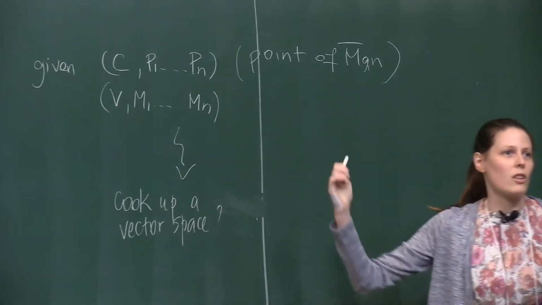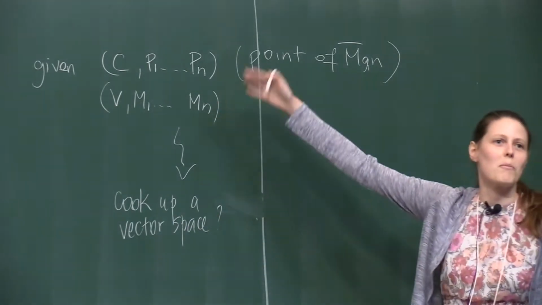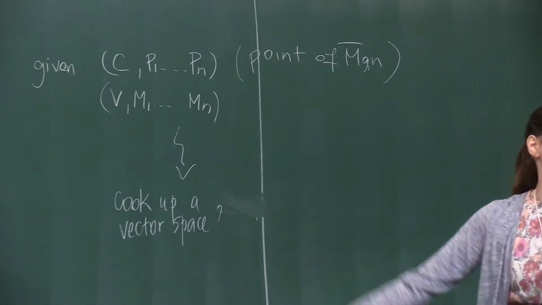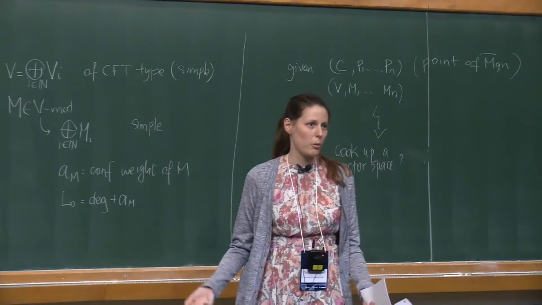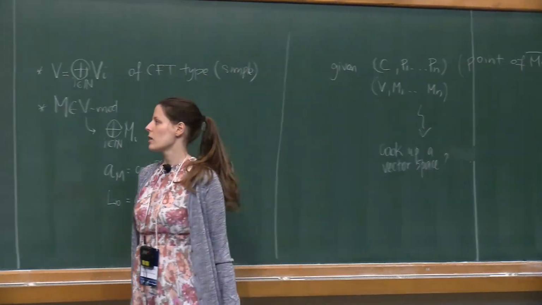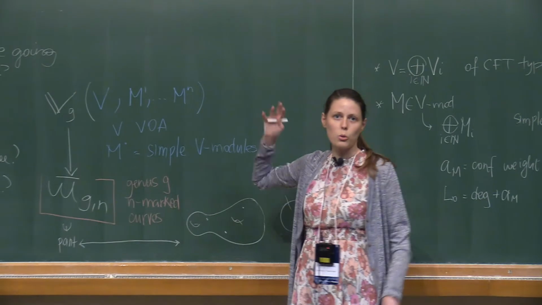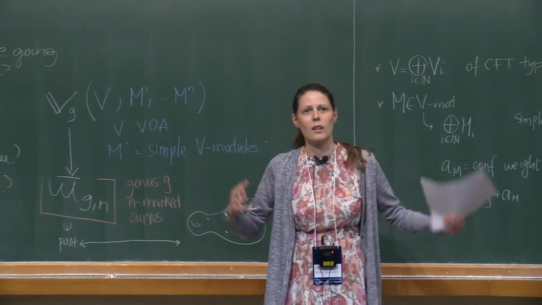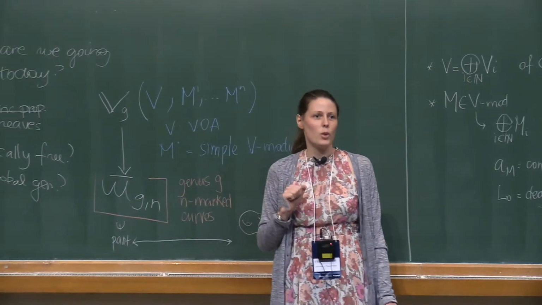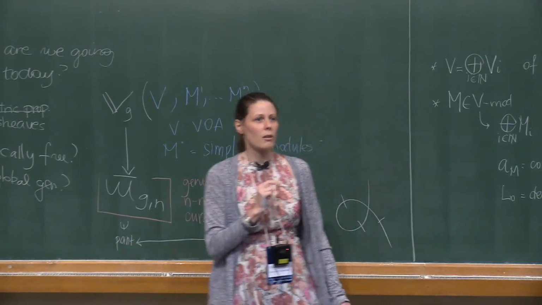And of course, I can just say, well, there are many ways in which these assignments give us a vector space, but I want something that should satisfy nice properties, meaning the spaces here should be the dual concept of what conformal blocks are, or better, conformal blocks are the dual notion of what I have. So in particular,